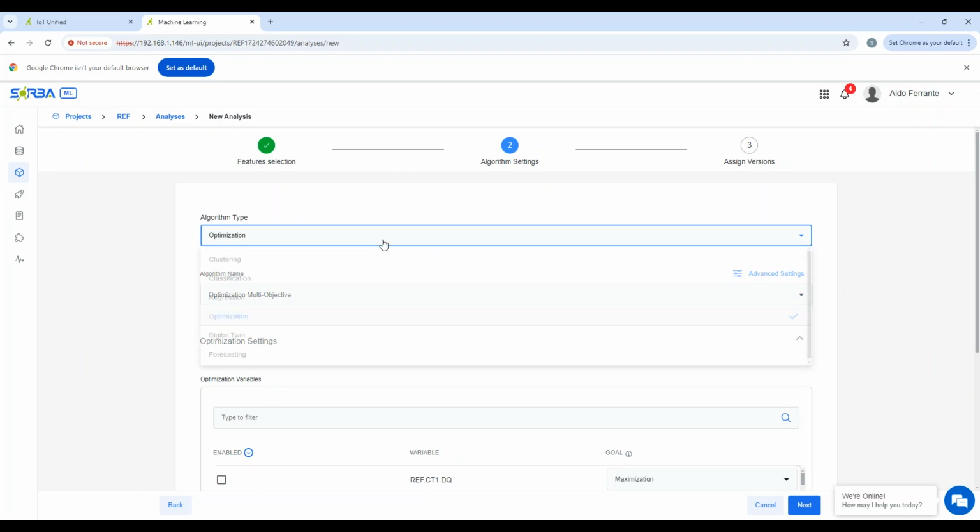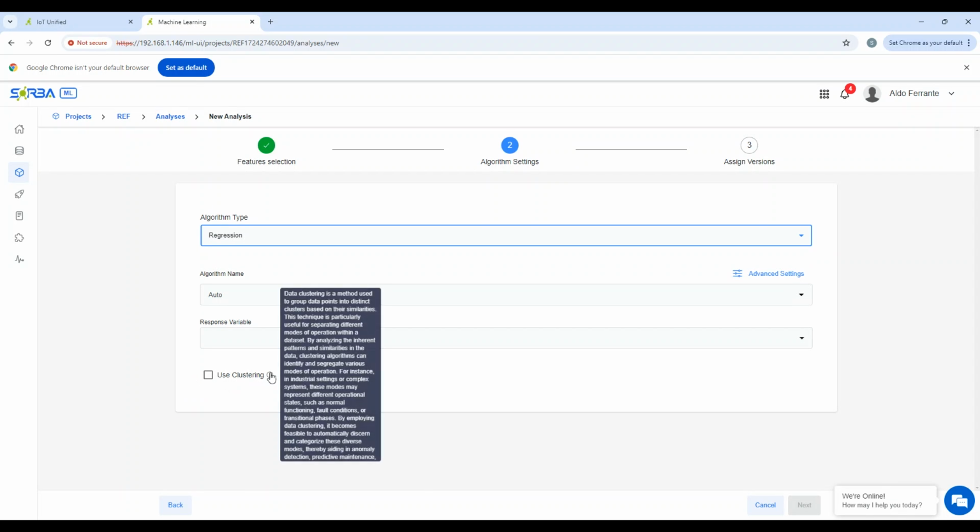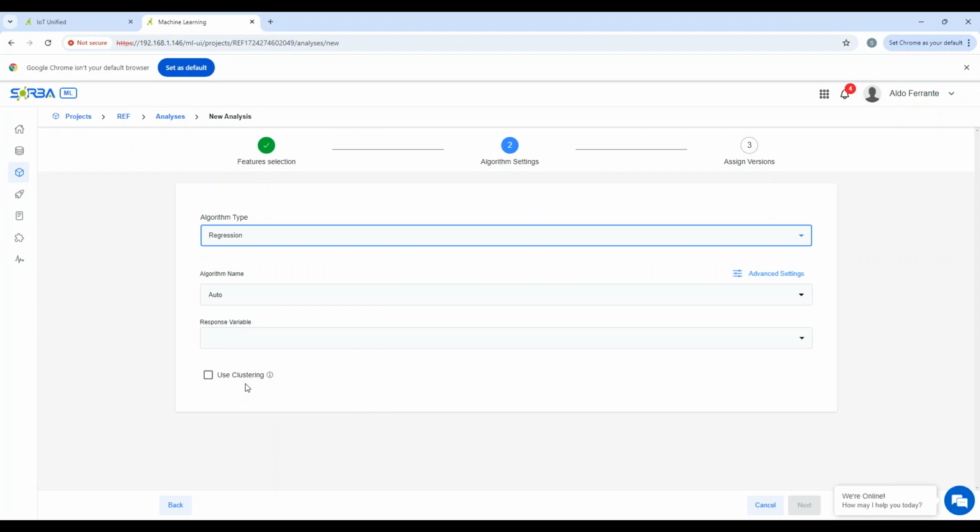In addition to the improvements on the optimization algorithm, you'll notice that for the other algorithms, you will now see this option to use clustering. Now, what this does is it applies clustering to that algorithm, even though it is not a clustering algorithm. This is incredibly helpful for situations where you have different operating modes. So let's say that you have different products that you're running on a line. This will essentially look at your data, organize it into clusters for each different product, and then when you're in your runtime for your machine learning algorithm, it will identify which cluster it is in and apply the correct algorithm